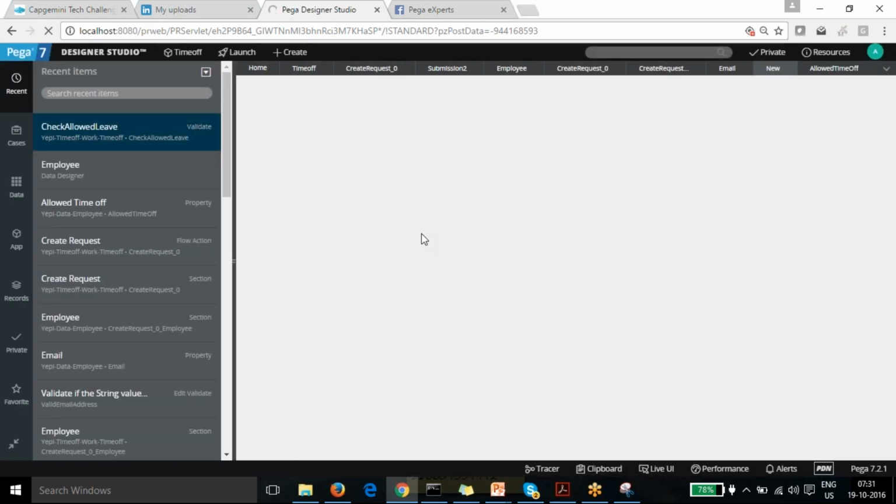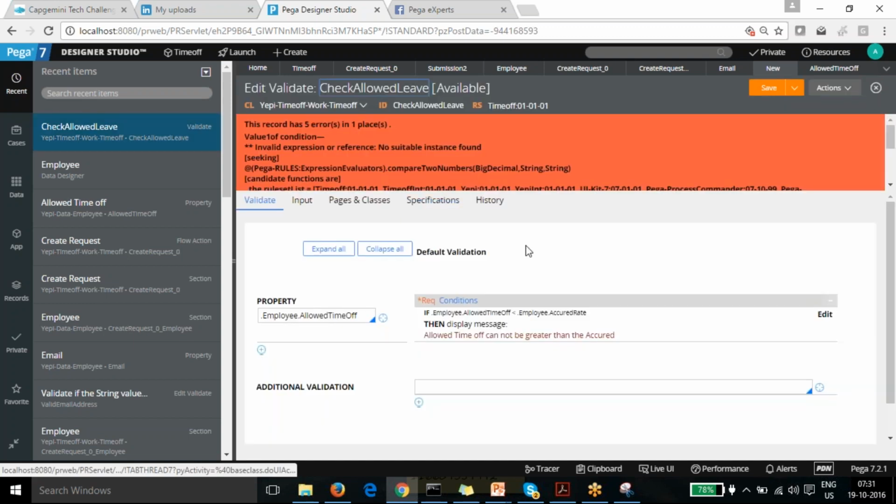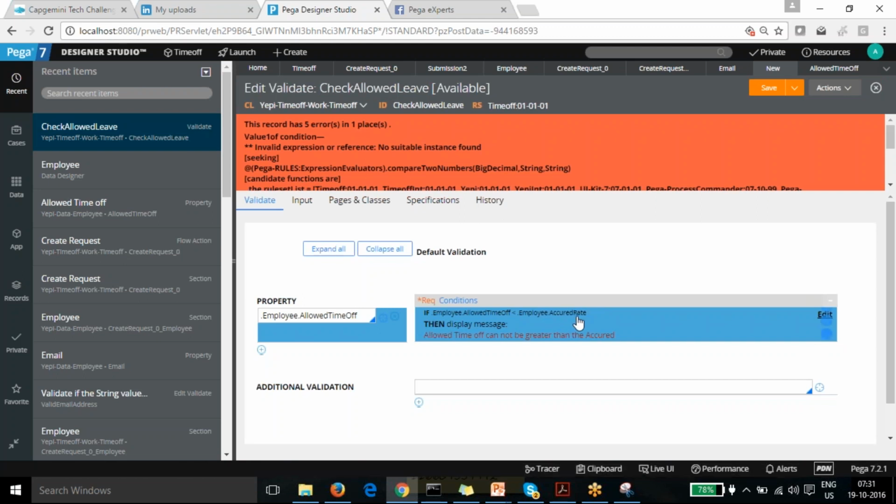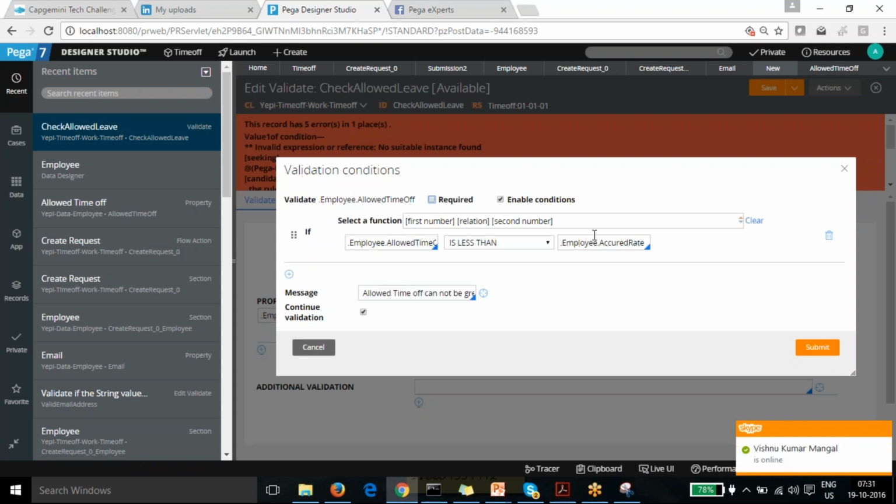So I need to use a different field, available time off, for the time being, and later I think we can change the logic. I'm just editing it back from accrued rate to, sorry guys, this field I'm changing to available rate.